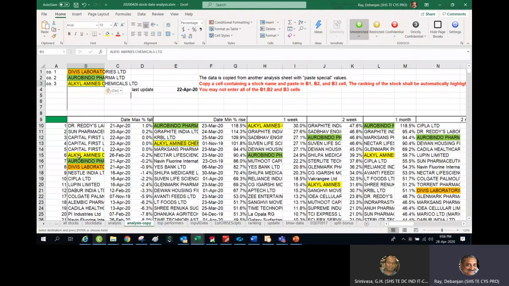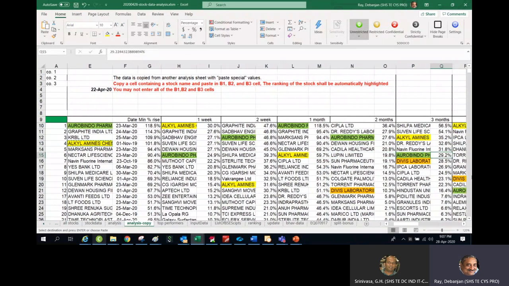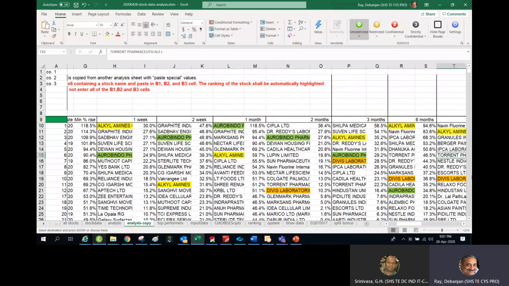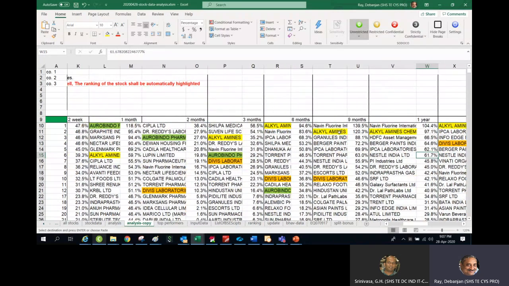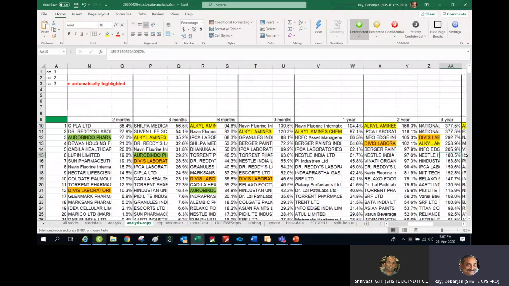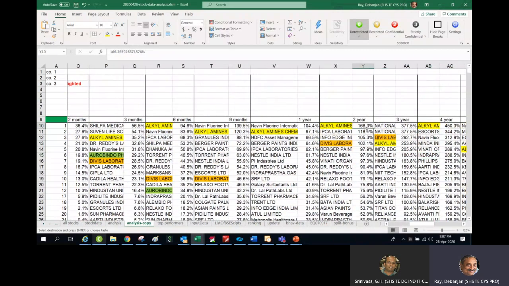Now you will see immediately, because the color coding is there, alkyl amines comes automatically here. And it is not only for 1 week; for the last 1 month also this stock is growing. If you go on the right side, it is growing for 6 months, 9 months, 1 year. Even further, in the last 2 years, this stock is up by 166%.